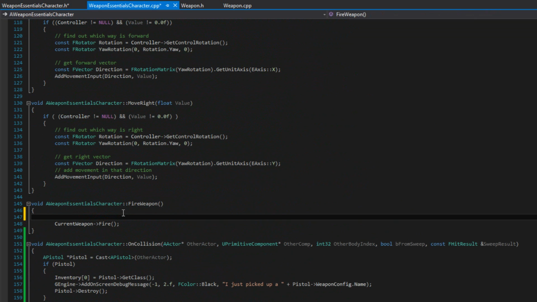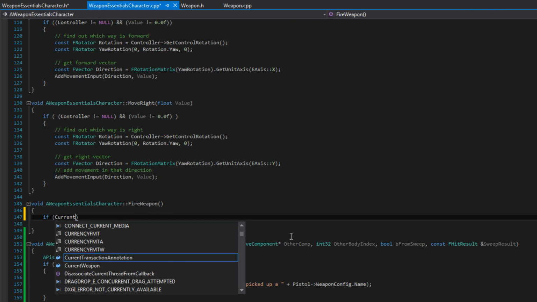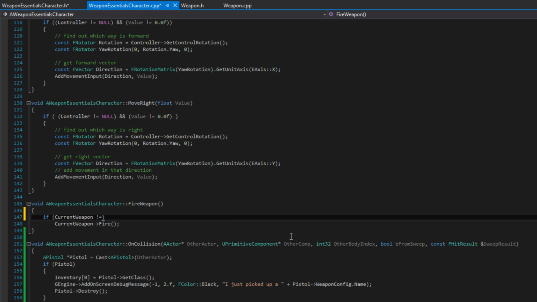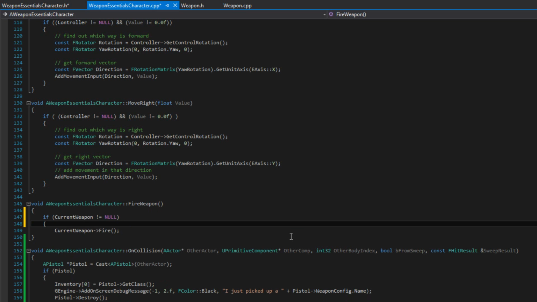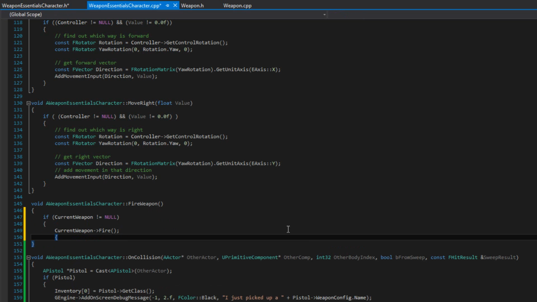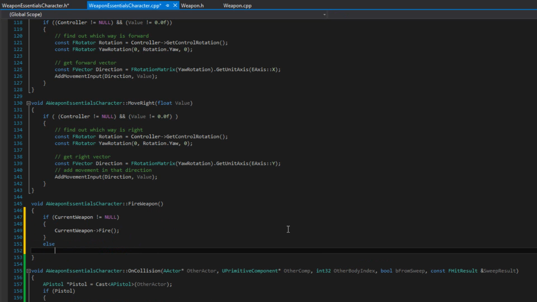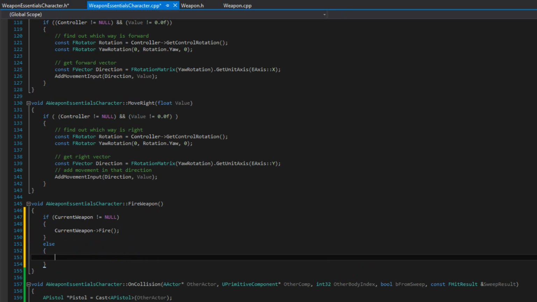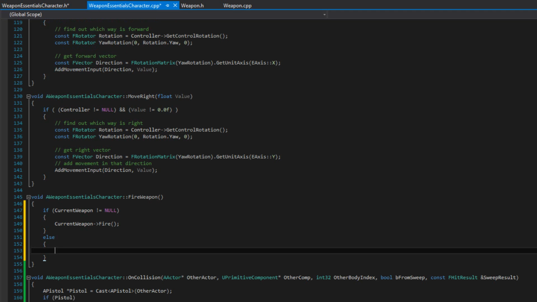So we have to do a check, because this is how we're actually storing this variable to call the function of the current weapon, which is probably where our inventory is, to do something for us. So we're going to say if current weapon does not equal null, we're going to actually do this function, so it doesn't freak out. Else, we're going to say G engine, give it a debug